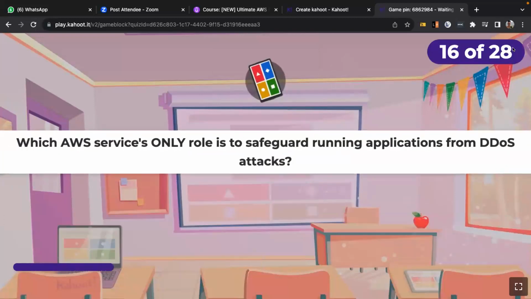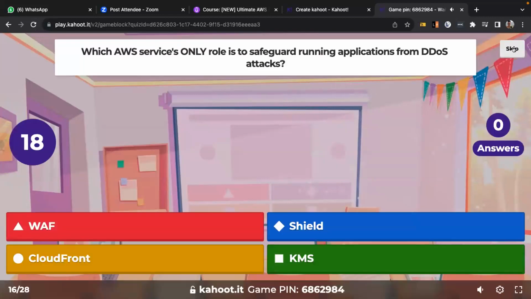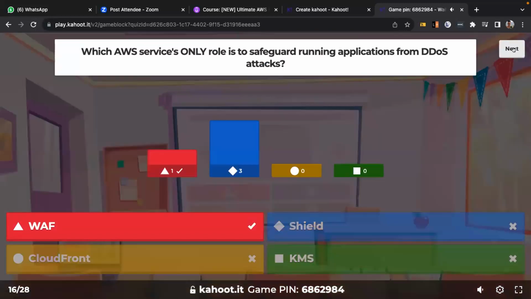And then, which AWS service's only role is to safeguard running applications from DDoS attacks? Okay, yes.